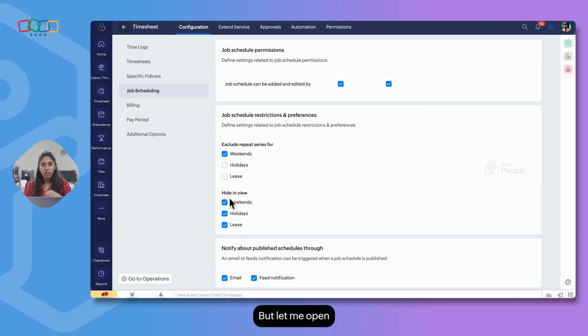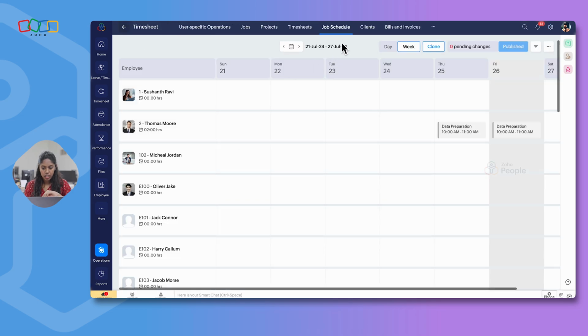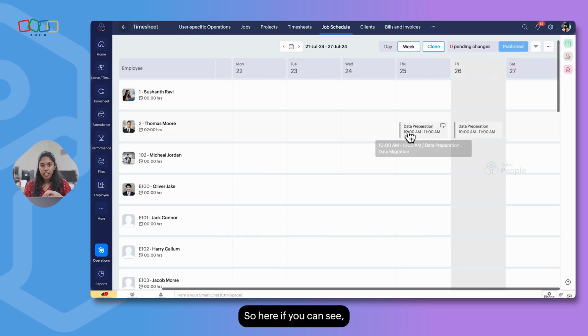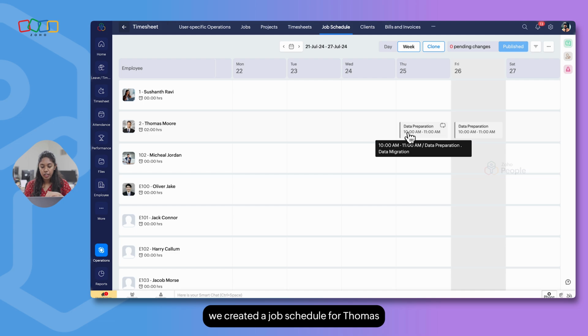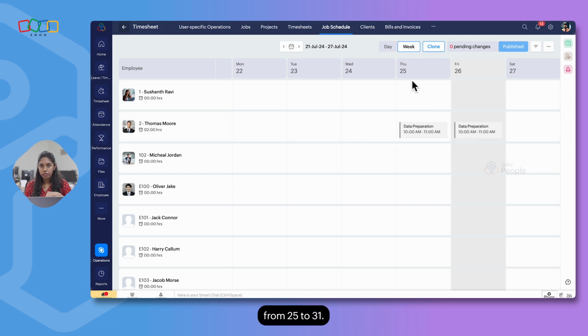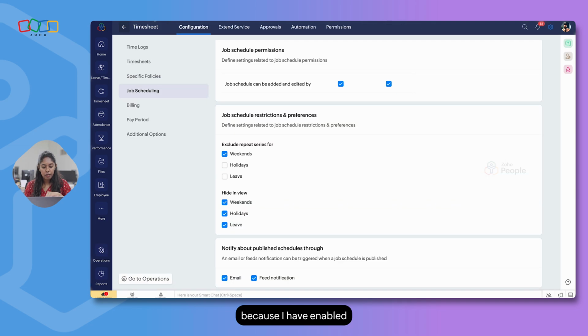Hide in view is nothing but, let me open the job schedule once again. Job schedule. So here if you can see, we created a job schedule for Thomas from 25th to 31st. However, for Saturday, the schedule is not published because I have enabled the option exclude series for weekends. So if it is a weekend, the schedule is not going to be displayed to an employee.